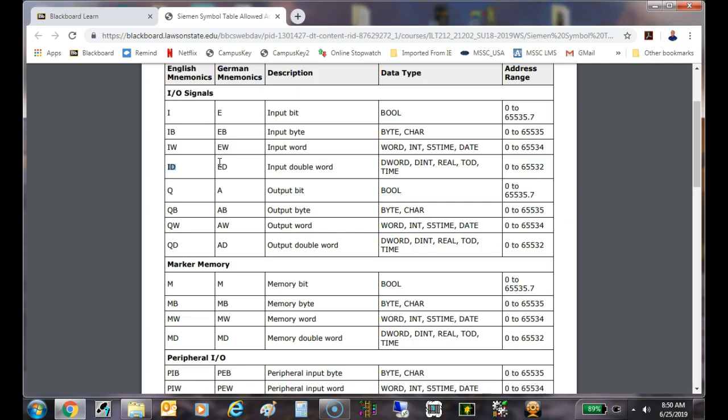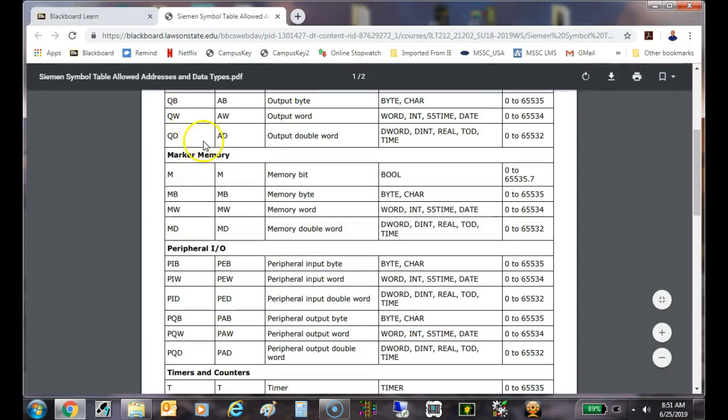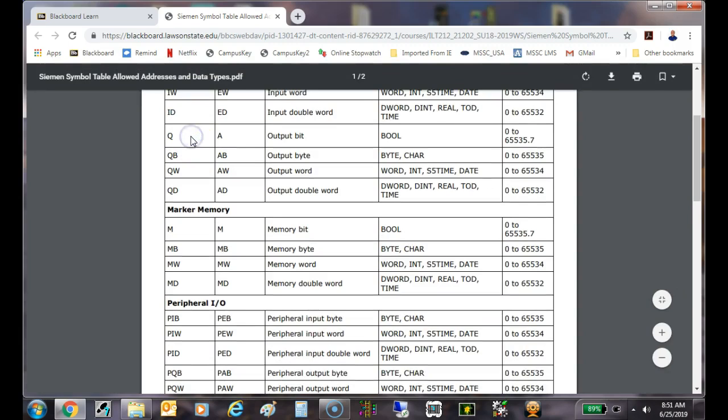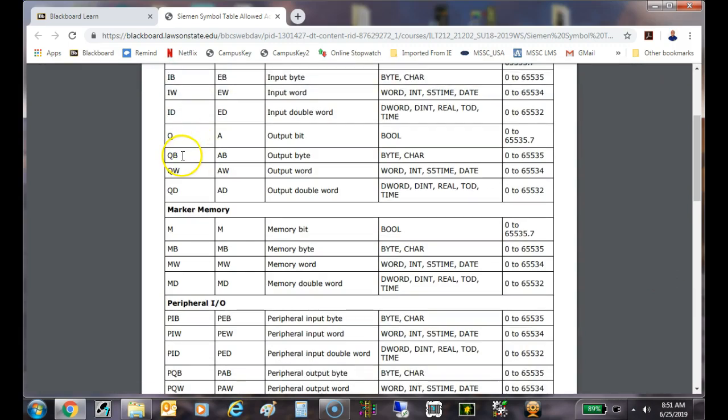We do that a lot when we're trying to input from thumb wheel switches and stuff like that, where you set the speed of a motor or something, or even the increment switches on a lot of HMI panels now, where you have an up and down button that you can press to raise the line speed or something like that. We read those in. So Q, if we use Q, that's Boolean, a single bit, right?